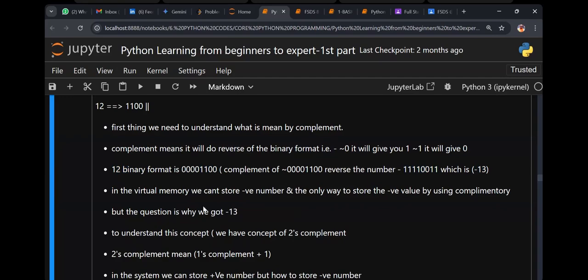For example, in the virtual memory, we cannot store a negative number. The only way to store the negative value is by using the complement operator. Concept clear? Complement of 1 means 0. Complement of 0 means 1. Okay. But the question is why we got minus 13.